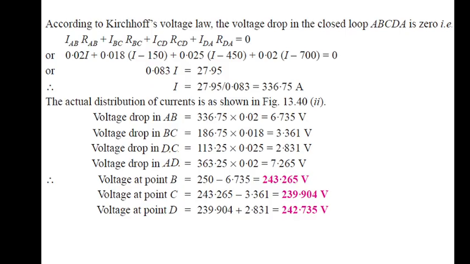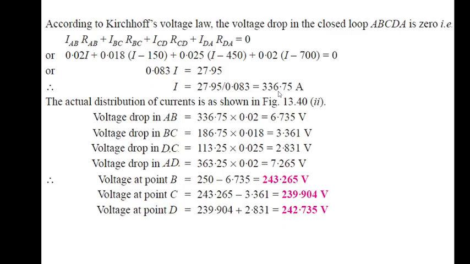Therefore, the voltage drops across all sections AB, BC, CD, and DA can be expressed in terms of I and their respective resistances, forming a single equation. By substituting the resistance values and the load-dependent current expressions into the equation, it is simplified and solved to obtain the current I equal to